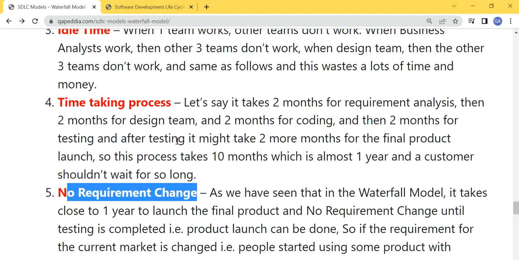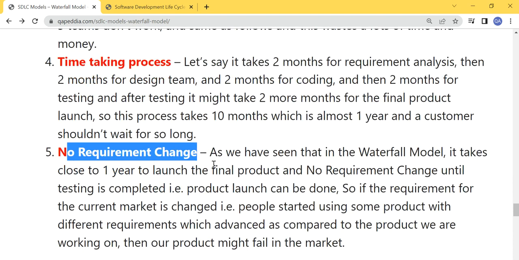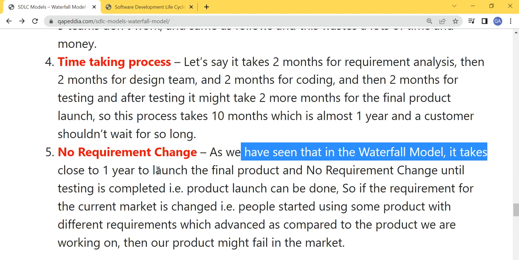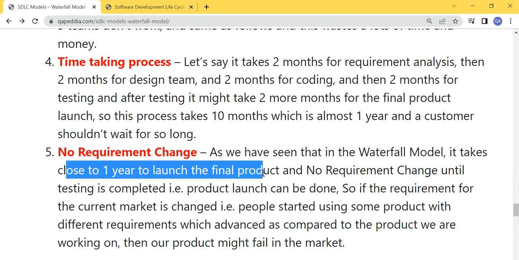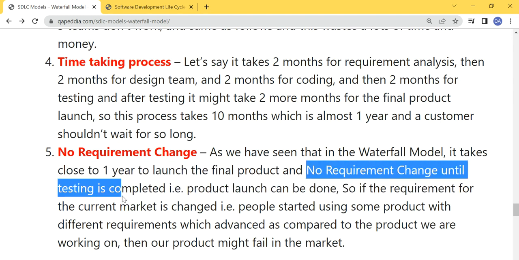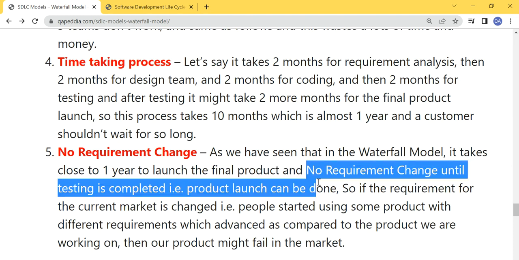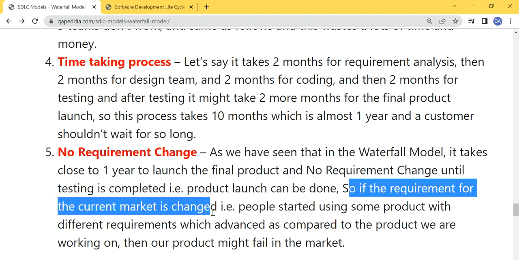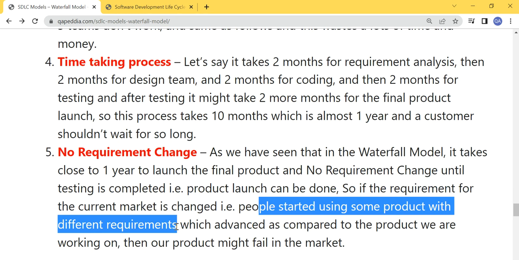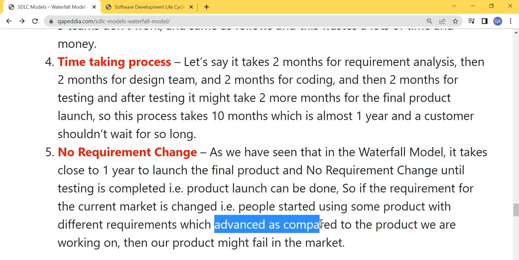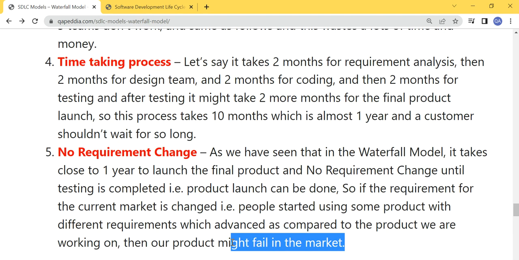Then no requirement change. This is one more disadvantage. We have seen that in the waterfall model it takes close to 1 year to launch the final product or the first working product, and we cannot do any requirement change until our testing is completed or our product is launched. So if the current market requirements change, or people start using some product with advanced technology, our product might fail in the market because it took more time for us to launch it,